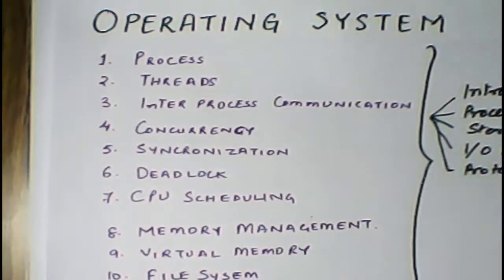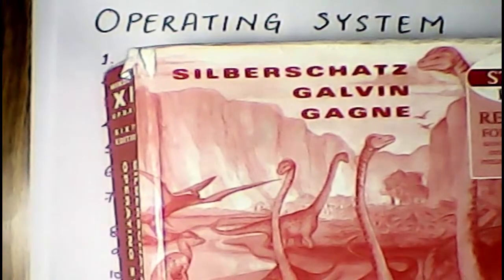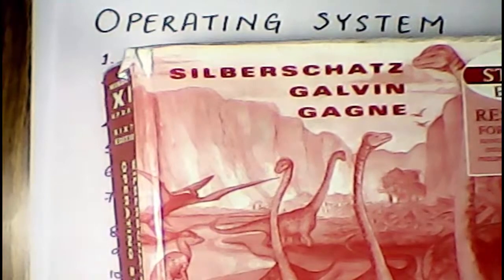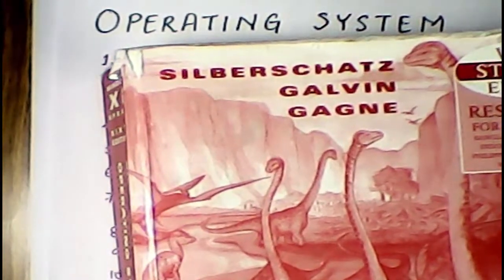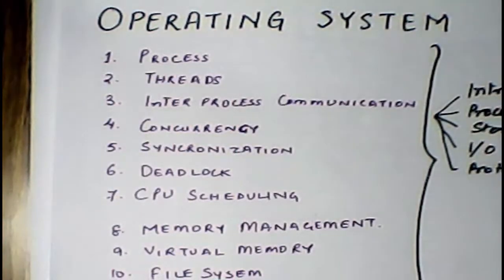So I started reading this subject from a book called Galvin, and this is one of the standard books. Its language is very simple, and my concepts got cleared from this book. I hope if you go through this book once, it will be very helpful. The topics that we are going to cover is based on the course provided by IIT Kanpur for the GATE